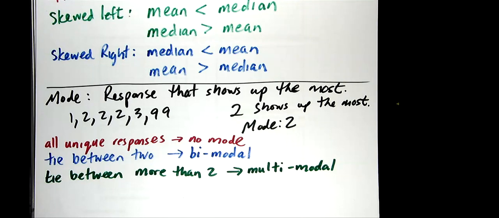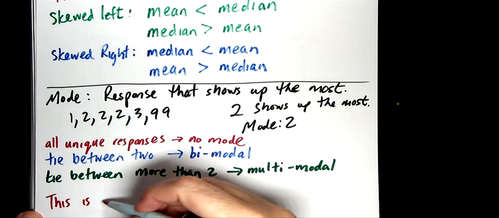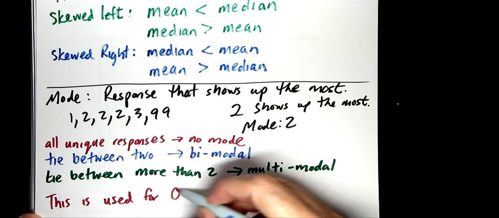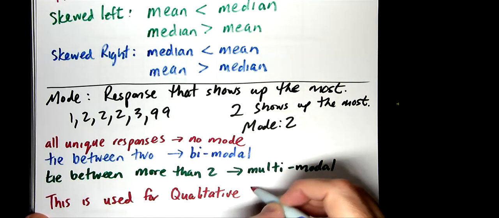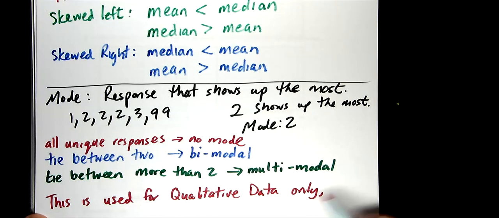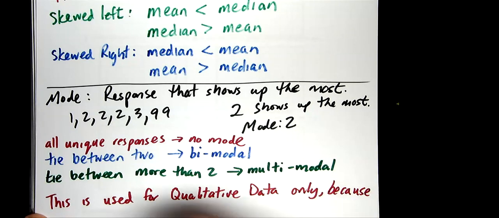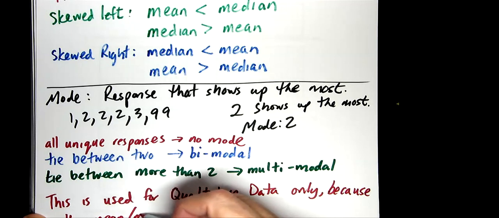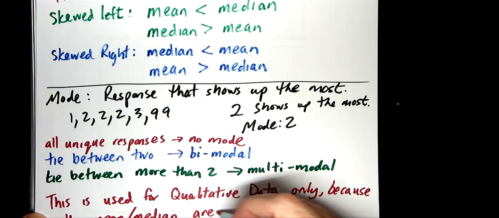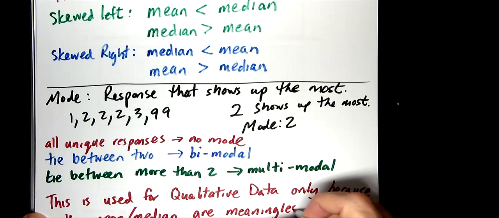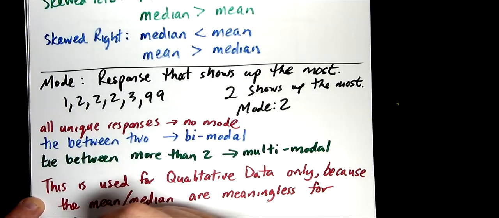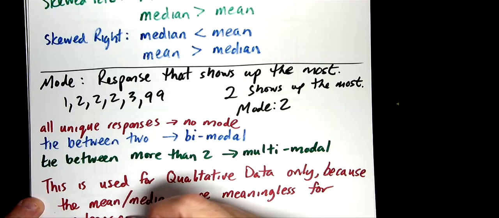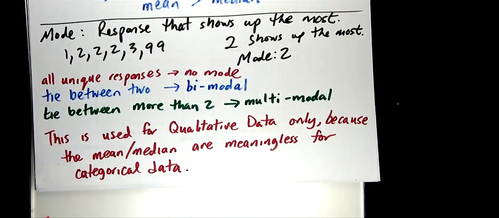Where do we use this? This is used for qualitative data, because the mean and median are meaningless for categorical data. Categorical or qualitative data. We wouldn't talk about a median eye color or an average eye color. That just doesn't make any sense. What we could talk about is the eye color that shows up the most often,